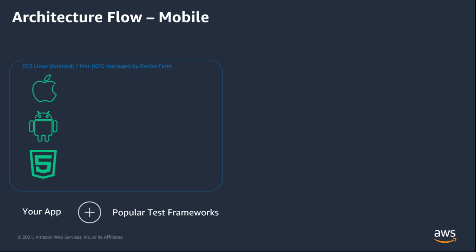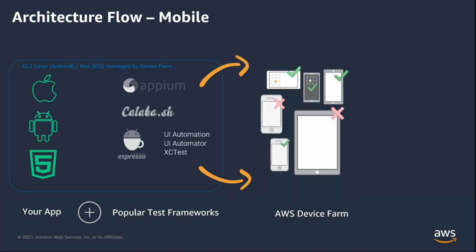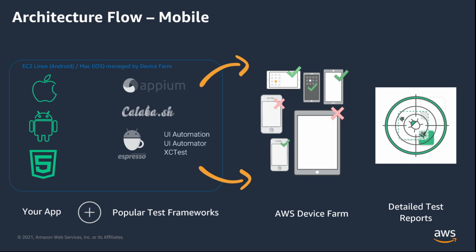Device Farm has a server-side execution model where you provide 3 inputs to run your tests: your app, tests, and a list of devices to run your tests against. Once these 3 things are provided, Device Farm spins off an Amazon EC2 host for an Android or Mac mini machine for iOS, where the device you select is connected. There is a one-to-one mapping between the host and the device. For example, if 3 devices are selected, Device Farm will spin off 3 Amazon EC2 machines, with each one having only one device connected to it. The app and tests are then downloaded on the host machine, and the tests are triggered on the host machine. At the end of the test, you get videos, logs, and screenshots of your tests in addition to test reports, which enable faster debugging.